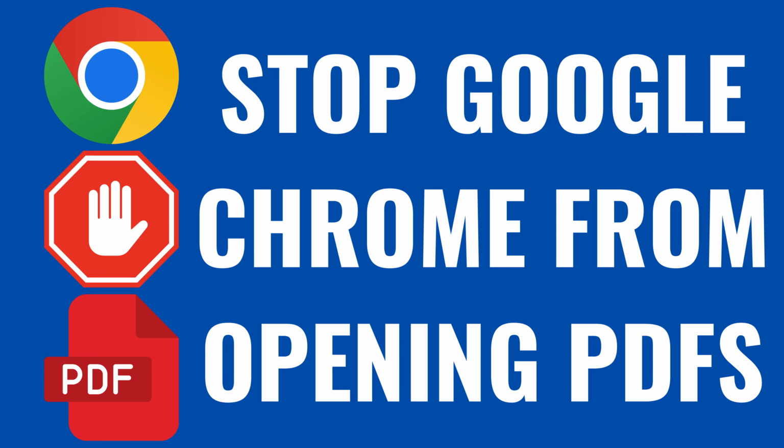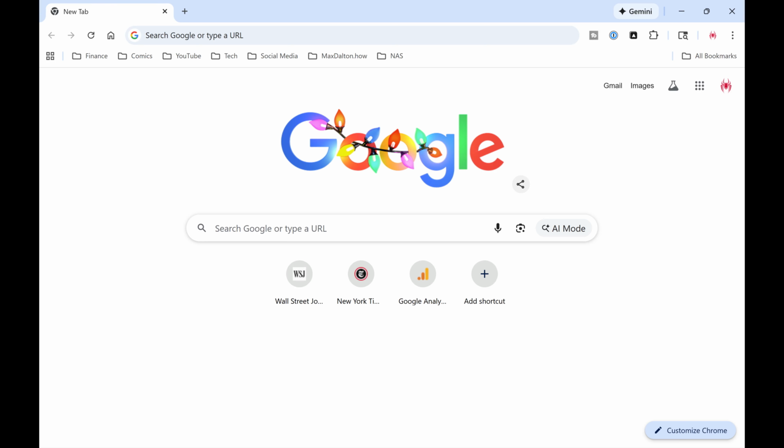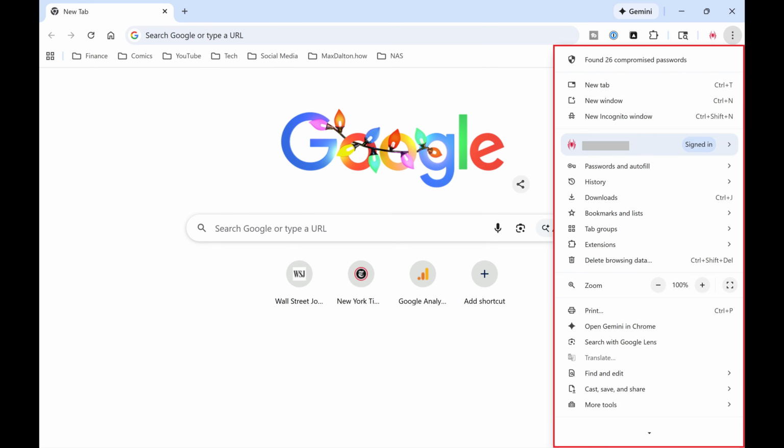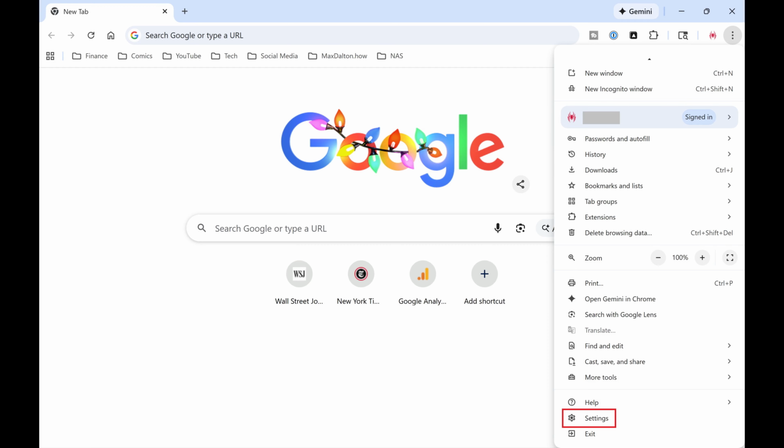I'm Max Dalton, and in this video, I'll show you how to stop Google Chrome from opening PDFs. Step 1. Open the Google Chrome web browser on your computer. Click the vertical ellipses at the top of this screen to open a menu, and then click Settings in this